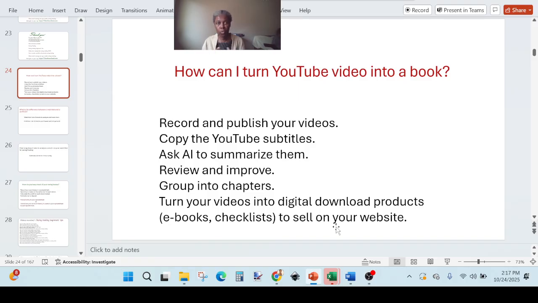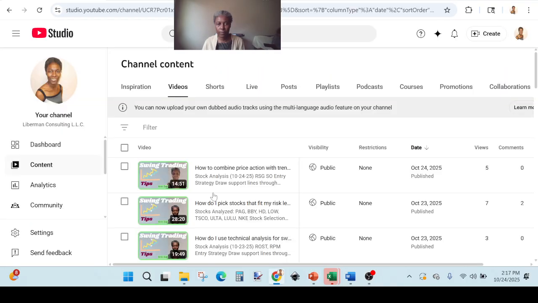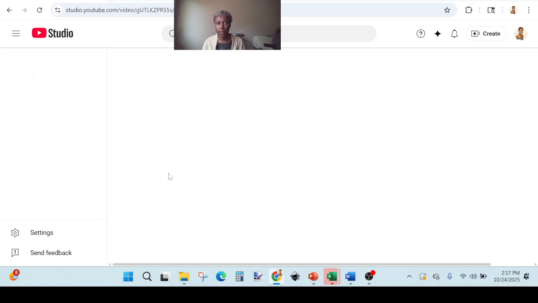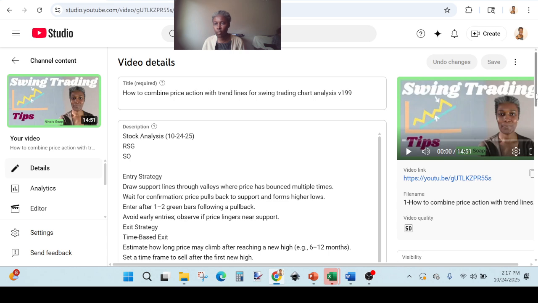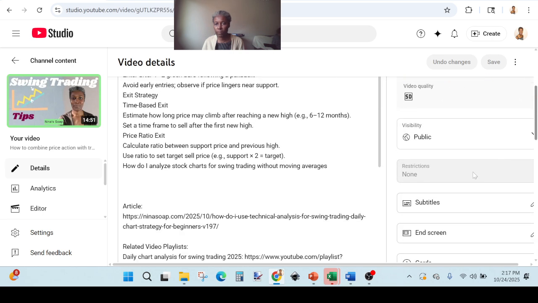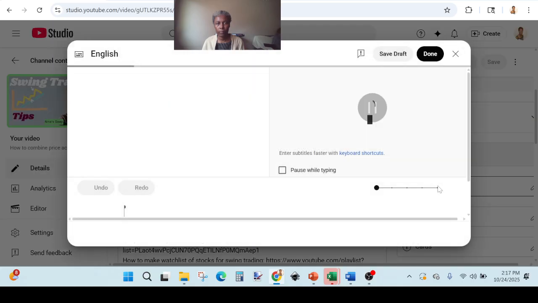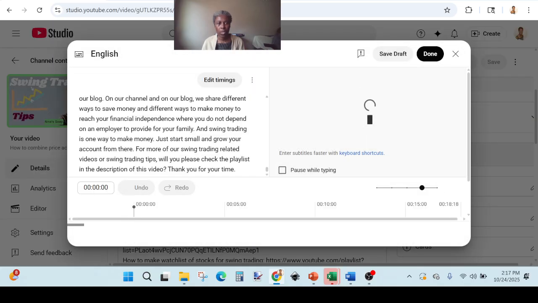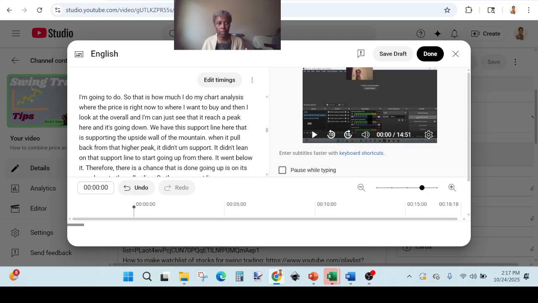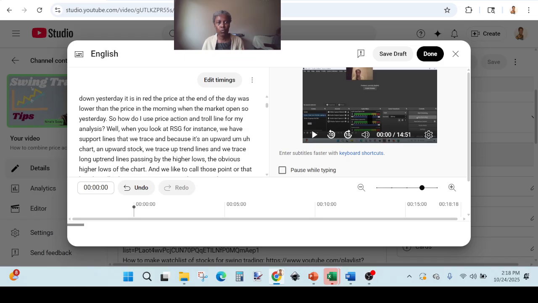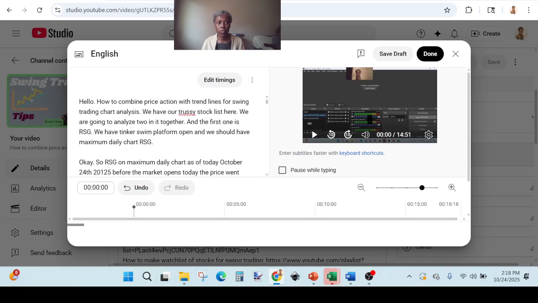you are creating YouTube content, you can turn it into a book by using the subtitles that YouTube creates for your videos. You can copy the subtitles to a Word document or a Google document and ask AI to summarize it for you. And you can pretty much save the transcripts and save the